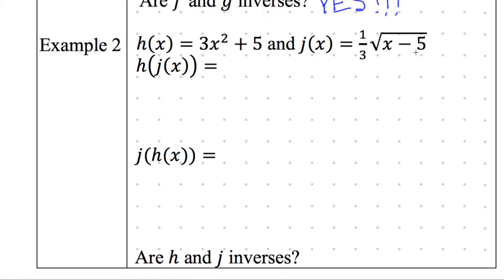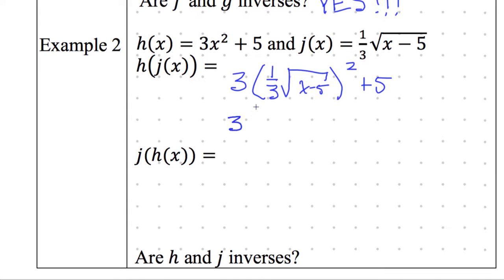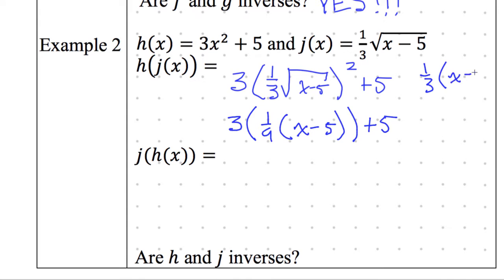When I plug in j of x, this thing, it goes like 3 times x squared. It is going to be 1/3 square root of x minus 5, then don't forget that plus 5. When I do that, I'm going to square both this 1/3 and that square root, which means I now have 3 times 1/9 times x minus 5, all of that plus 5. When I now multiply everything by 3, I get 3 times 1/9, which is 1/3. So I have 1/3 x minus 5